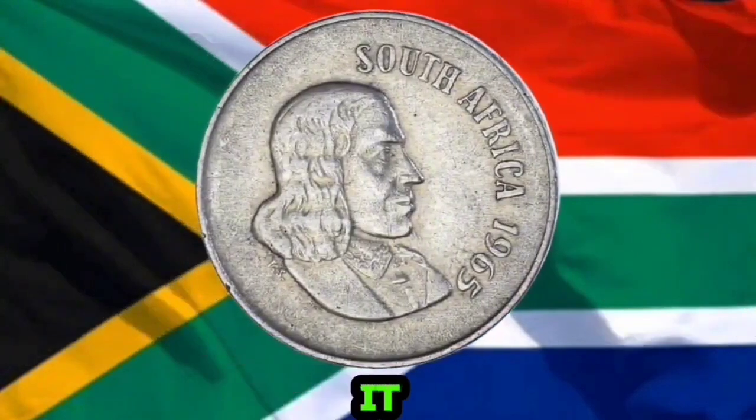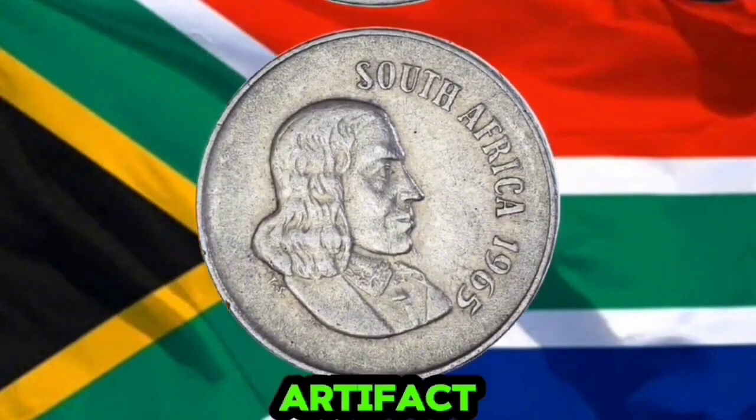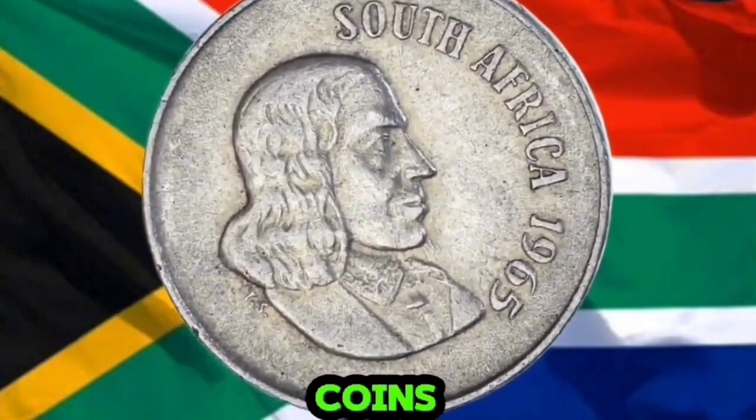There you have it. The 1965 South African 10-cent coin. An artifact that could be worth millions of dollars due to a rare minting error. If you have one of these coins in your collection story,